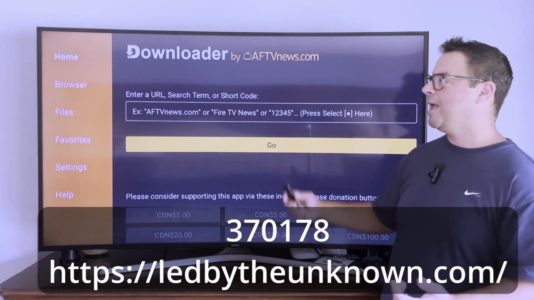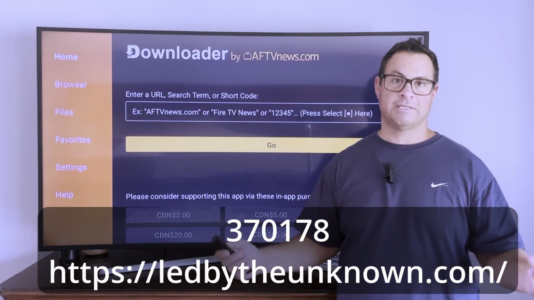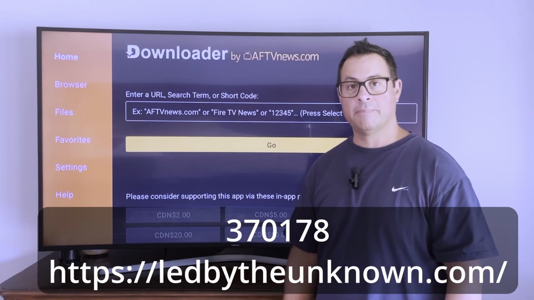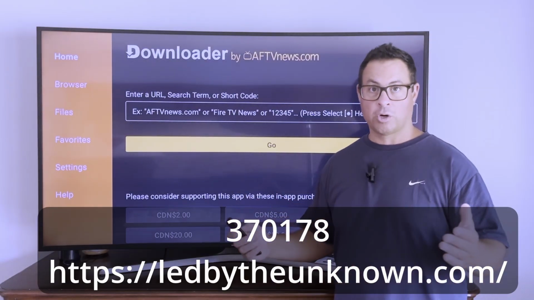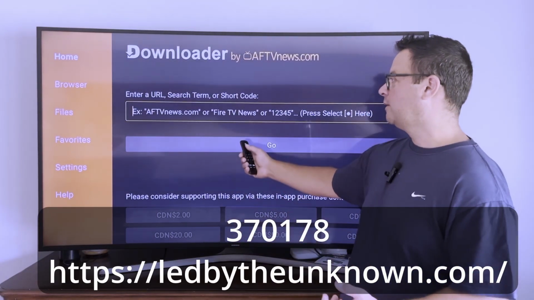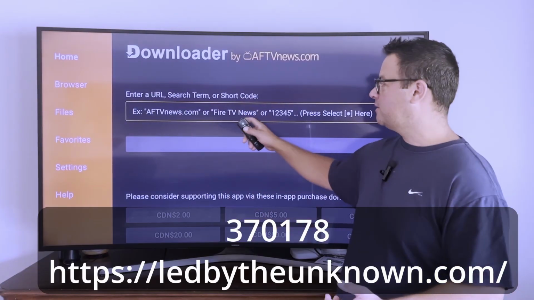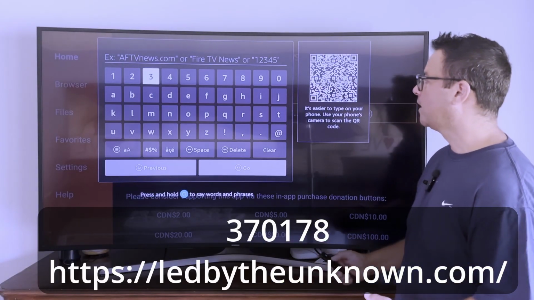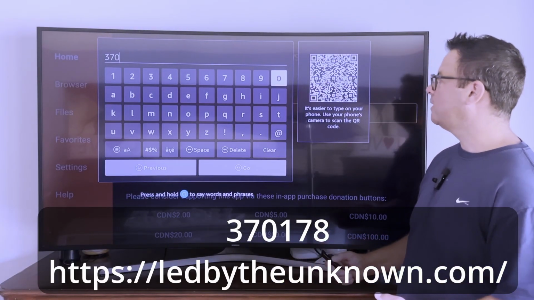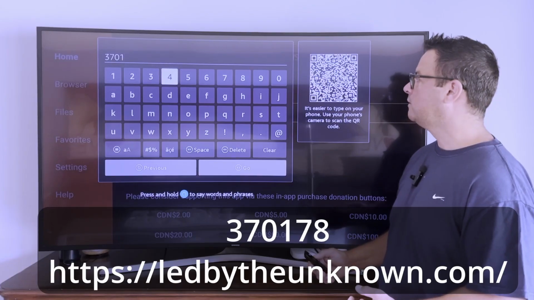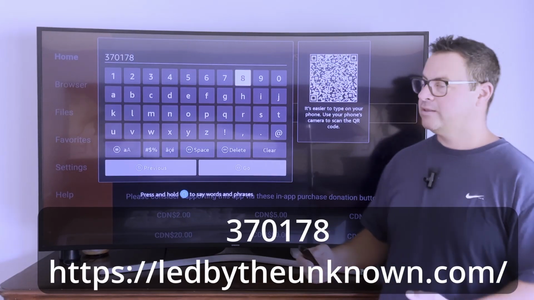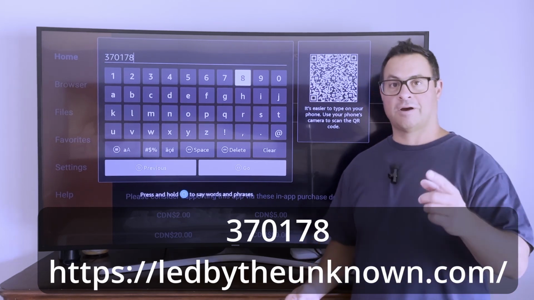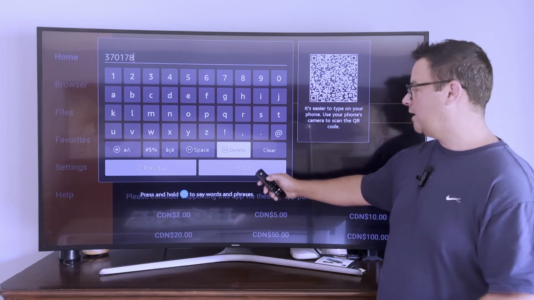So we can type in any URL. So for instance, https://ledbytheunknown.com, or I have a short code for you, which is way quicker. So just rise up into the box, click on it. It does give us a keyboard, so we can type this out. 370178. This is a short code that goes to the Led by the Unknown's downloads page in order to get these awesome applications. When we just hit go,